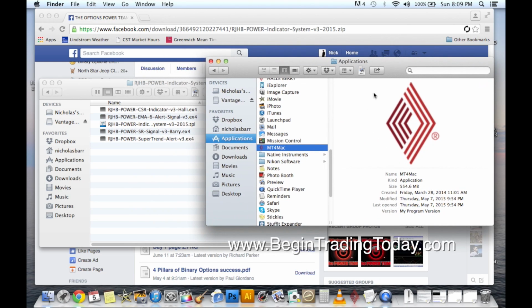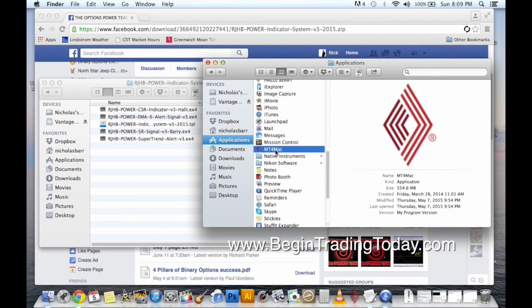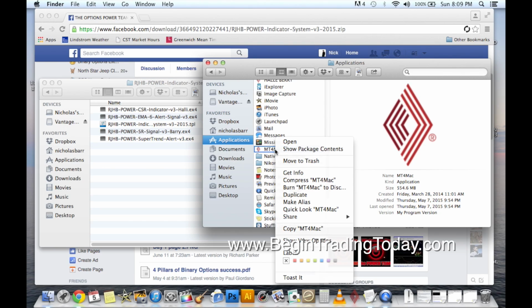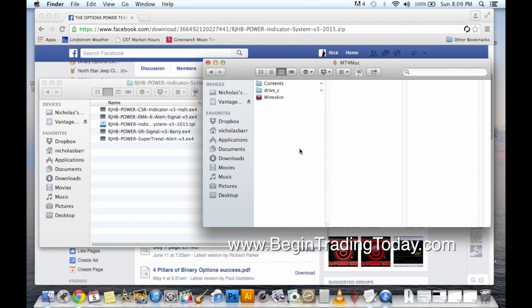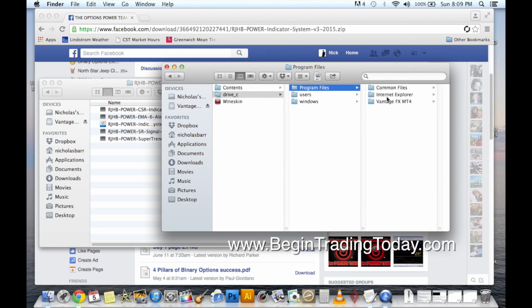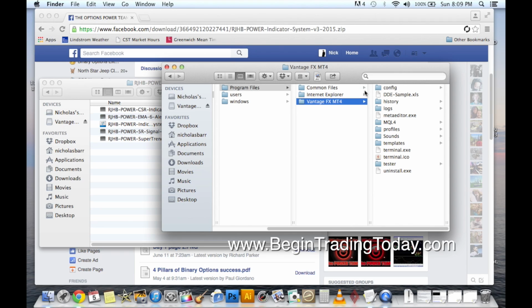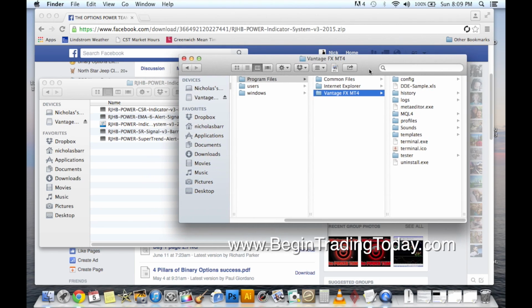If we go back over here to our applications folder into MT4 for Mac, what you're going to do is, if you have a 2-button mouse, you can right-click, or if you just have a single button or a trackpad, you can Control and then click. It's the same thing. And we're going to show package contents. Now from here, we click Drive C, we click Program Files, we click Vantage FX MT4, and then now here's